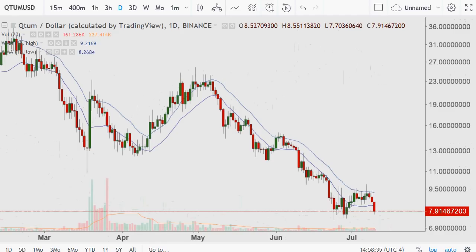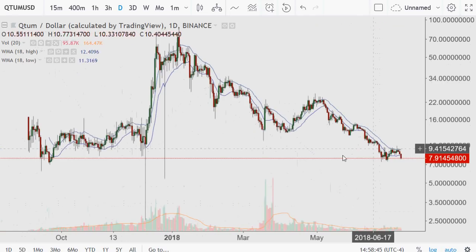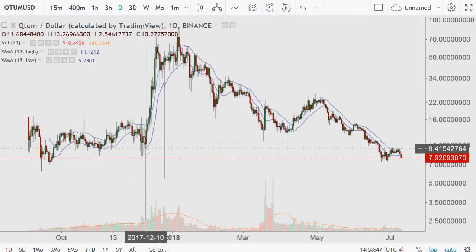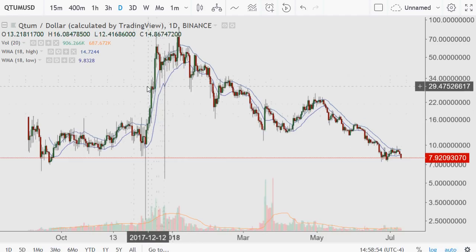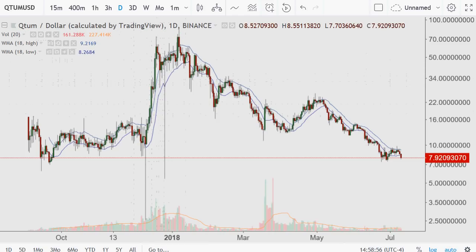Okay, let's go over the other ones. Next one's relatively quickly. Qtone, we can see correctionary move, even this little bit of a fake out in here, and it's leaving the 18 average as well. When we scroll back, when you see these lines like you do in a couple days like this, you never know when the big lines, either up or down, are going to come into play. So if you have your buy orders ready,